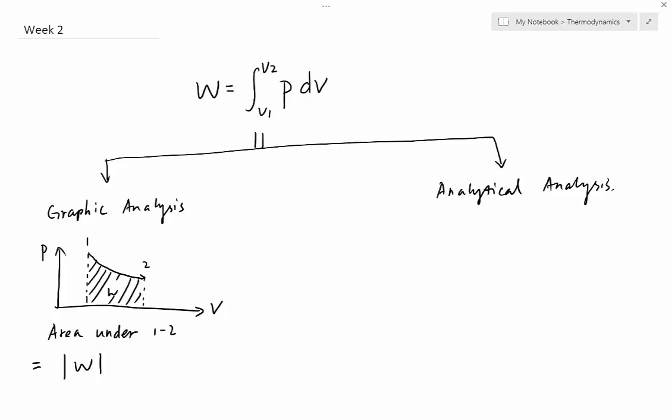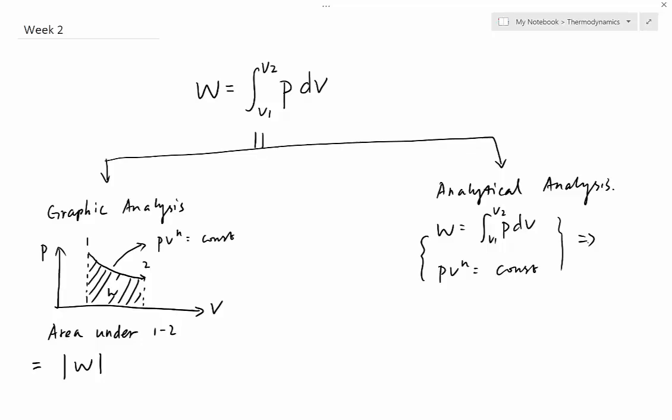That's to say, we start from this equation, the integral of P dV from V1 to V2, and we also tell you the equation for this curve 1 to 2 is PV^n equal to constant, where P is pressure, V is volume, and n is the index, which depends on what kind of gas you have. It's a material property. So we combine those two equations together,